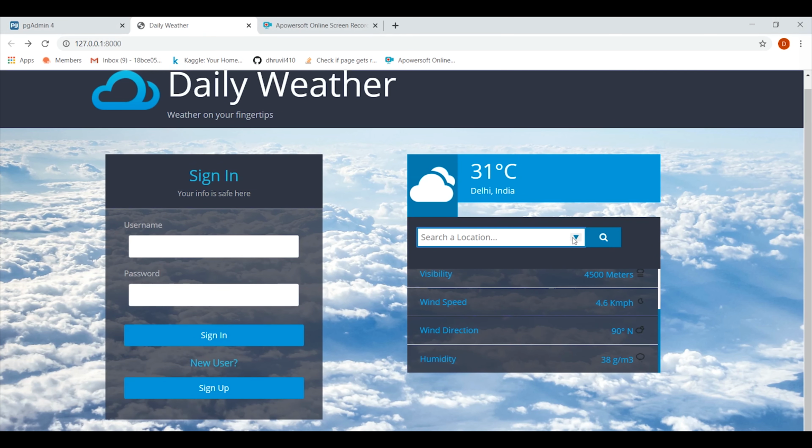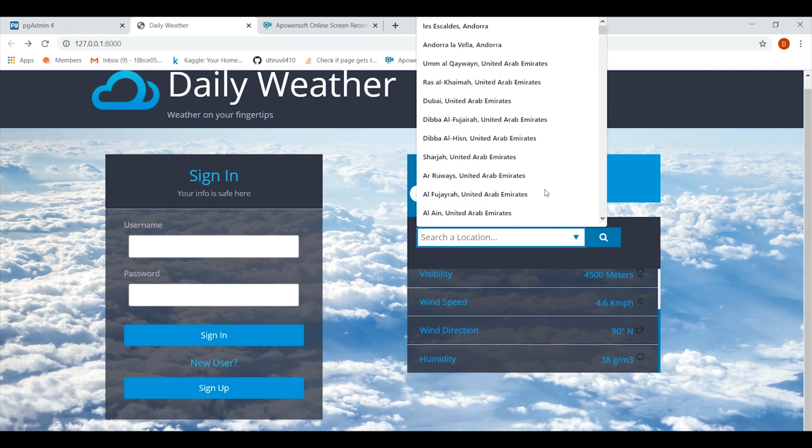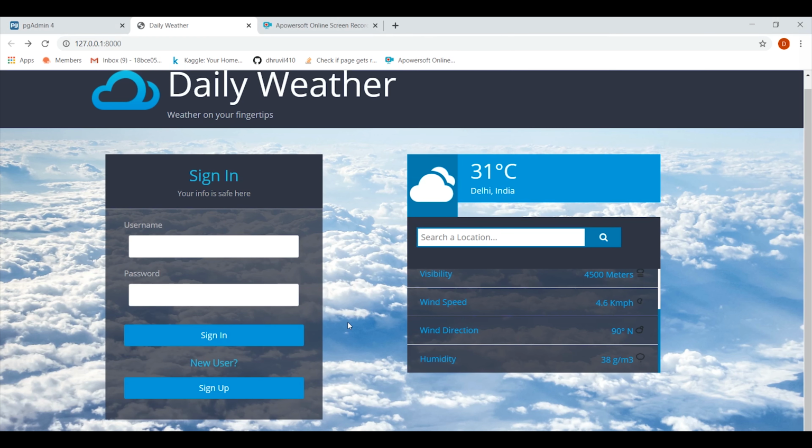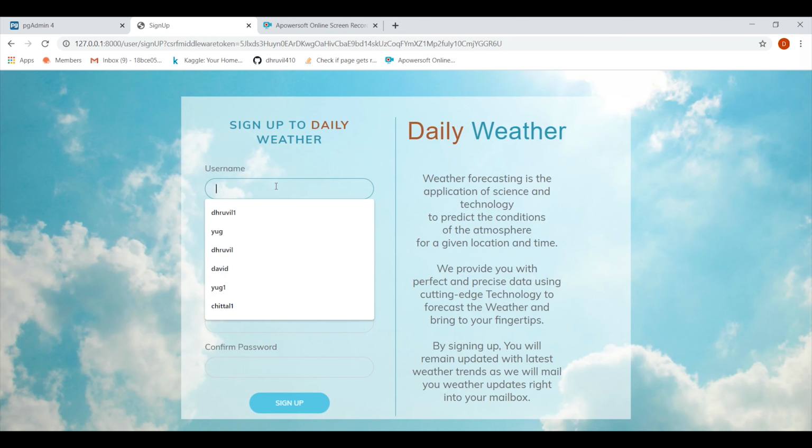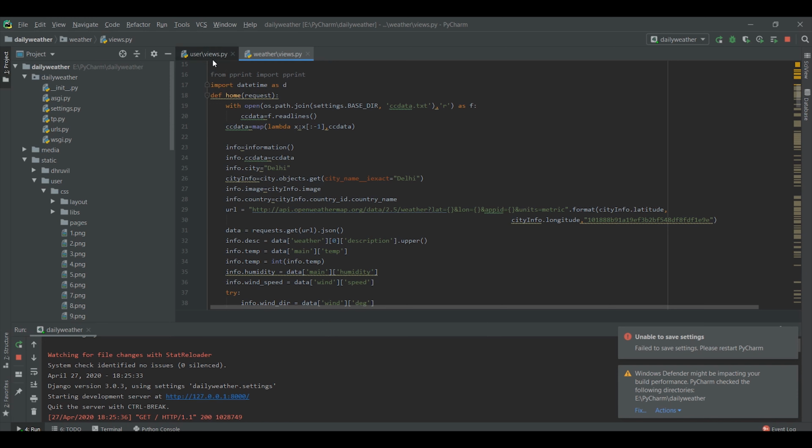From here you can search different cities and can see the current weather of different cities. Here we do not show information about past and forecast. For this you have to create an account. Now let's talk about sign up. Here you can see the sign up form. It requires username, city selection, email and password.